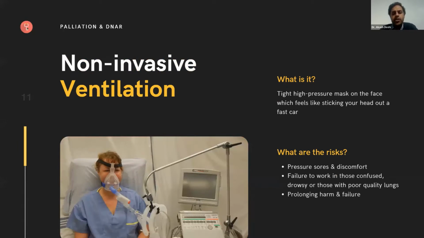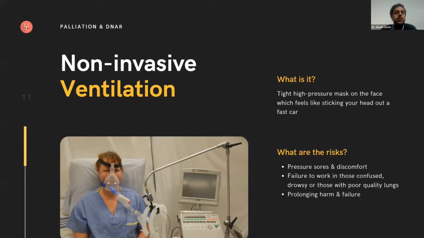So this is again in an HDU setting where we might apply something like this, a tight-fitting mask on the face. And the way I describe it to patients is that it'll be like if you're on a roller coaster, or if you're sticking your head outside of a car and it's driving really fast down the motorway. That's the kind of pressure you're feeling on your face. That can be uncomfortable. That tight-fitting mask can cause pressure sores and discomfort, but the more important thing is it doesn't tend to work in those who are confused or drowsy or have lungs which are of poor quality,